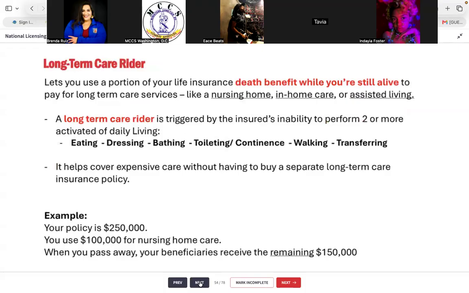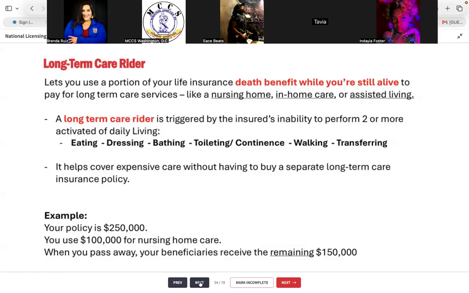Okay. Long-term care. This is what I talked about earlier. The accelerated benefits, same thing. This lets you use a portion of your life insurance death benefit while you're still alive to pay for long-term care services like nursing home, in-home care, assisted living. A long-term care rider is triggered by the insured's ability to perform two or more daily